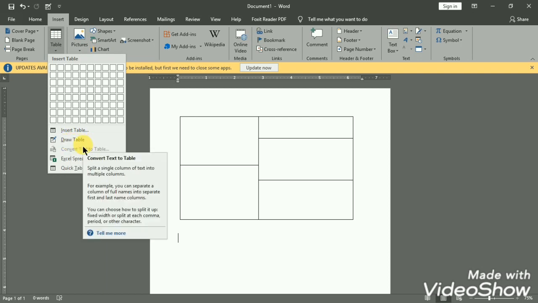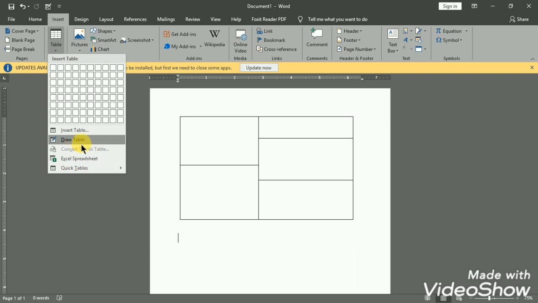So why we use this draw table is whenever we cannot say the number of rows and number of columns for some tables. For example, now you can see the table in the screen. In this table, we cannot say how many rows we have and how many columns we have, because in the first row we have 2 columns, in the second row we have 3 columns. So how many columns do you have? Either 2 or 3. So we cannot say. At that time we use the draw table. It is very easy to draw the table instead of selecting the number of rows and number of columns.